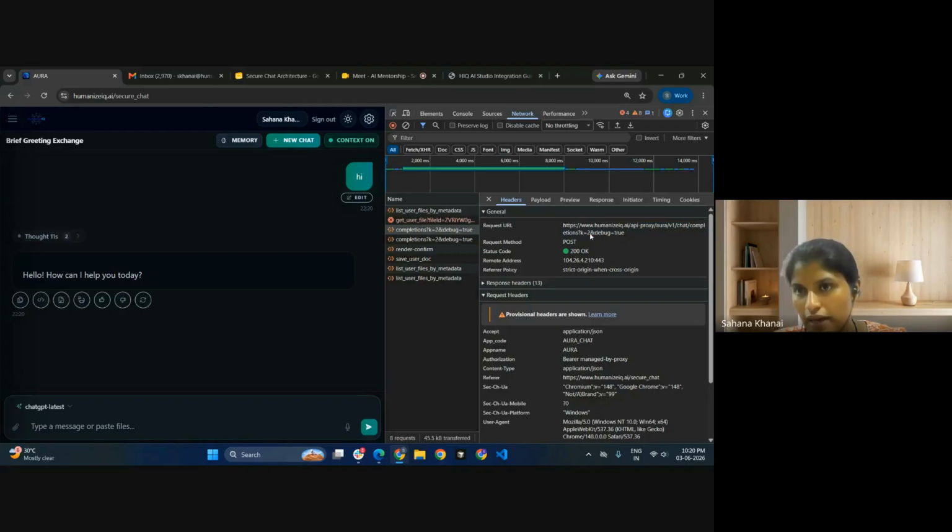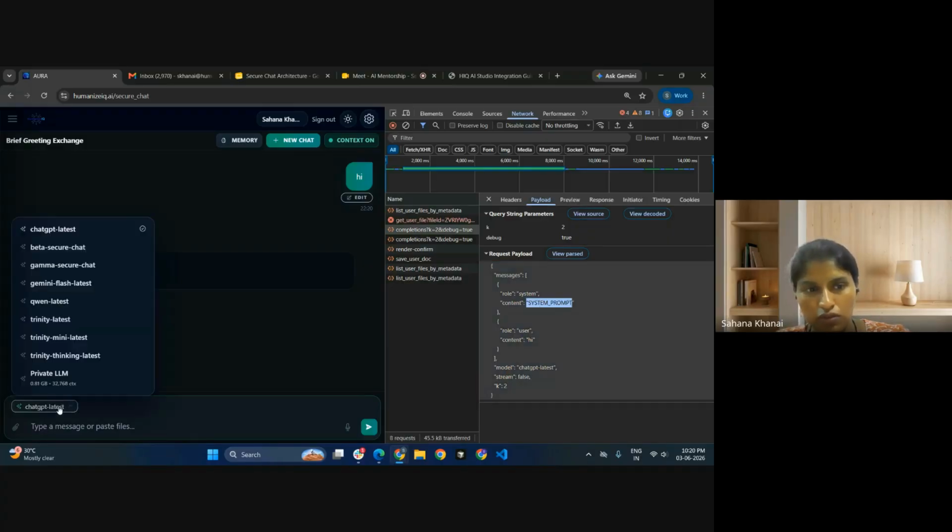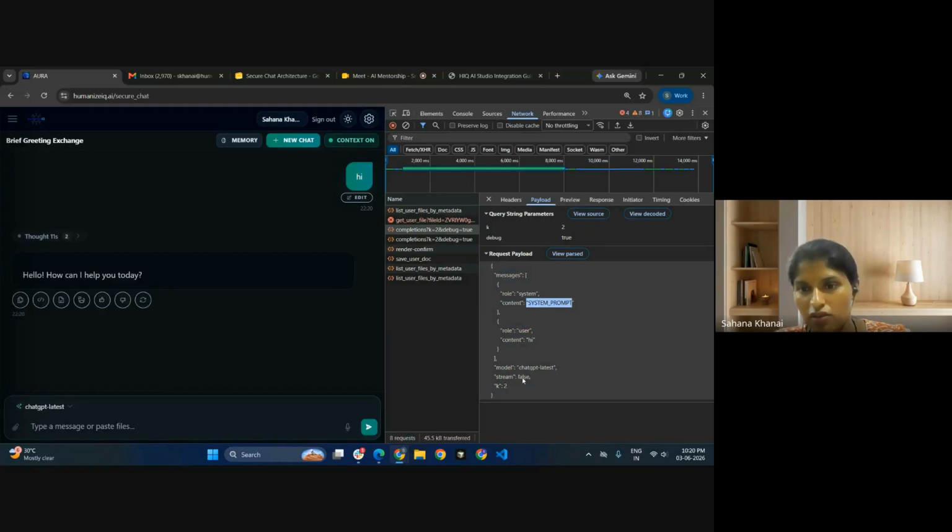with k equal to 2 and debug equal to true. For this request, we are passing all these details. Role is system and content is the system prompt. As I already told, we are not passing the system prompt because we don't want to give our system prompt to public users. So we are only passing the title. On the API proxy end, we fetch the actual prompt based on this prompt title. And we are sending the user request here and the model, whichever model you have chosen. This model will be passed here, and streaming, whether we are using streaming or not.